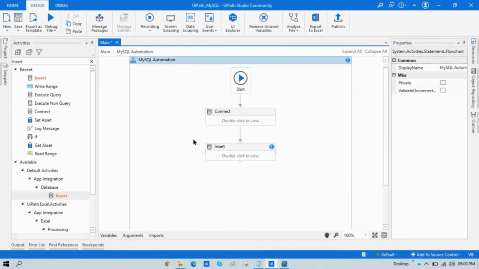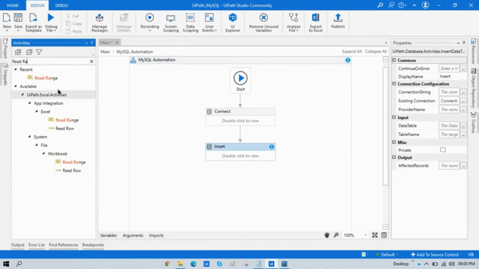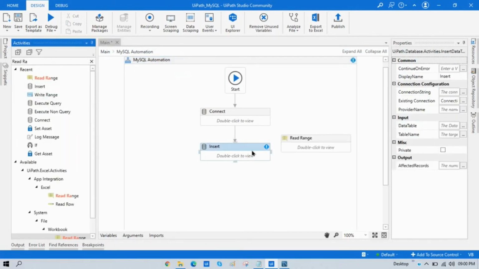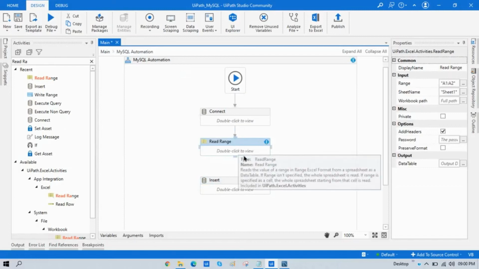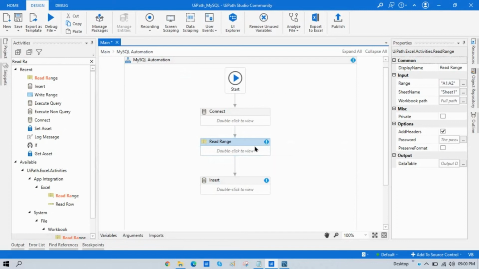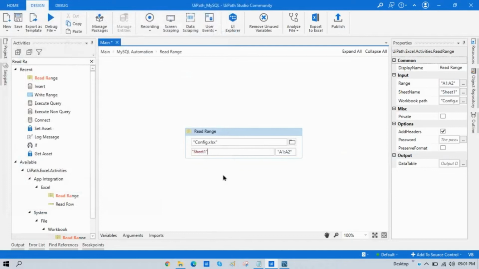and here before insert activity I will take one read range activity, this one. Let me first connect with this one. Click on this, select that Excel file, and you know this is SIT2, and delete this one. And this time I'm not going to take add headers because I'm just passing those data here.